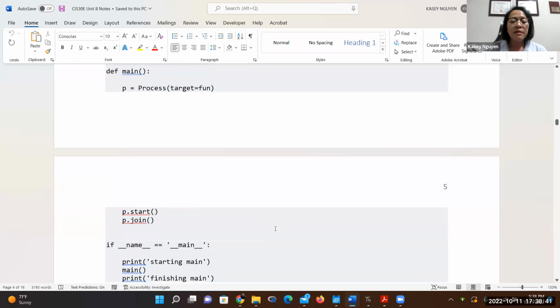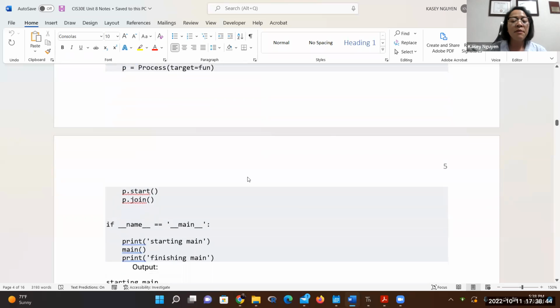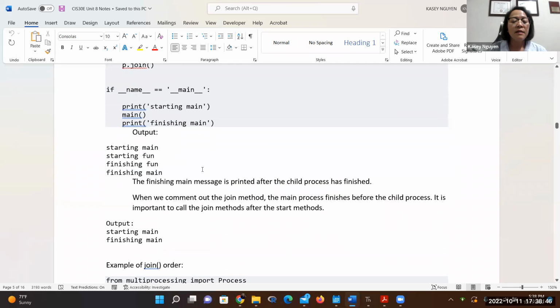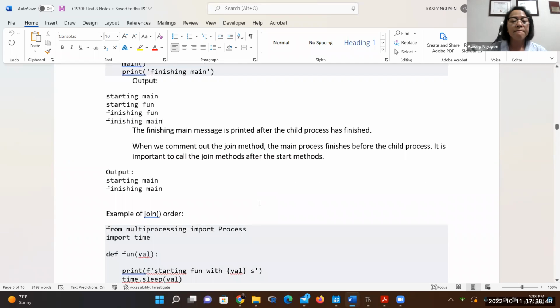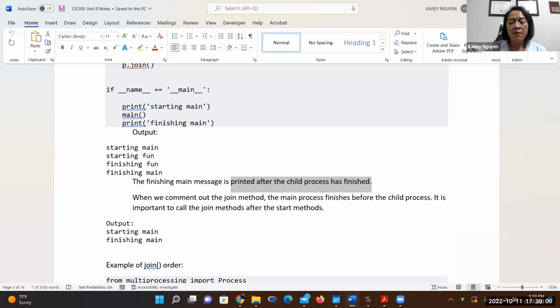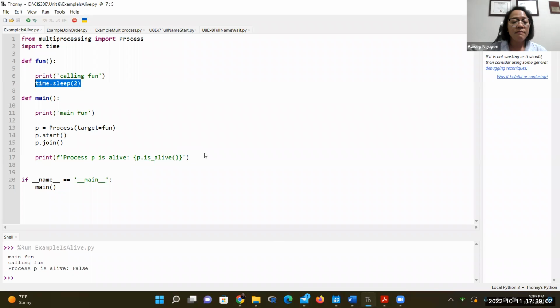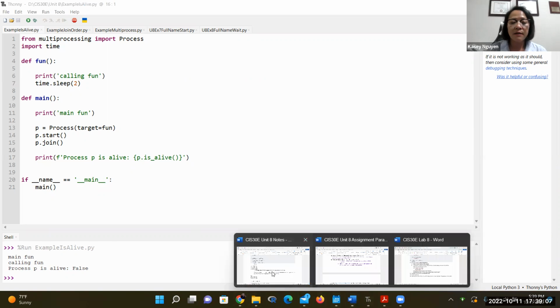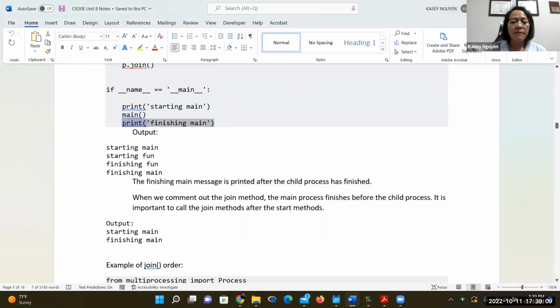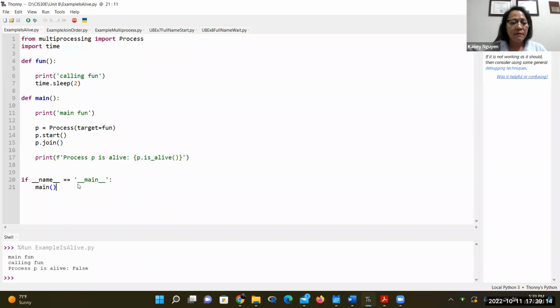So in your notes, this is the exact program I copied and pasted. This is the output. Here it tells you that the finishing main message is printed after the child process is finished. I think I took that off, so let me fix that real quick. So if we add this line in here and rerun it,